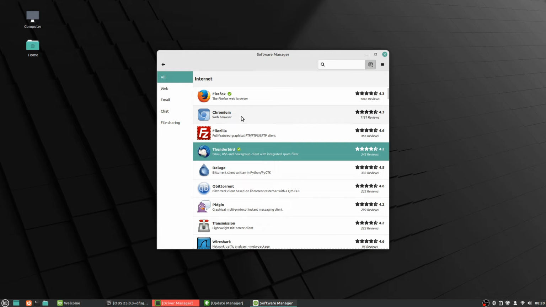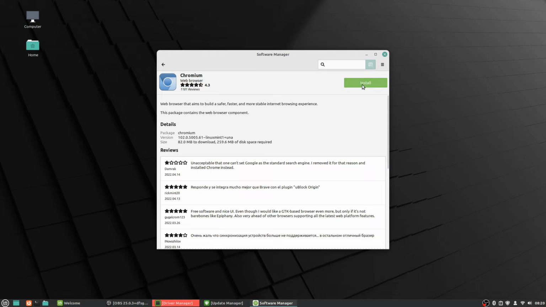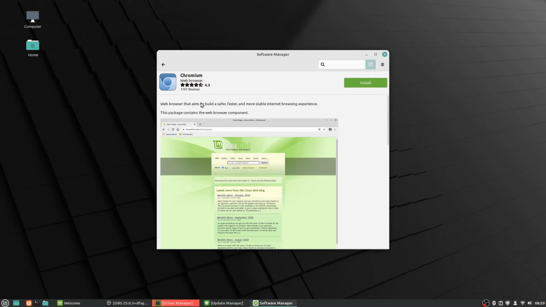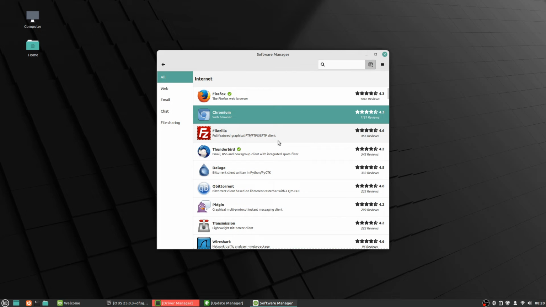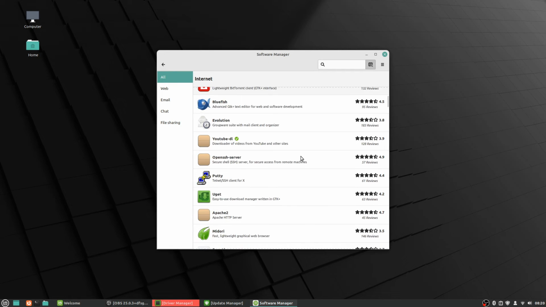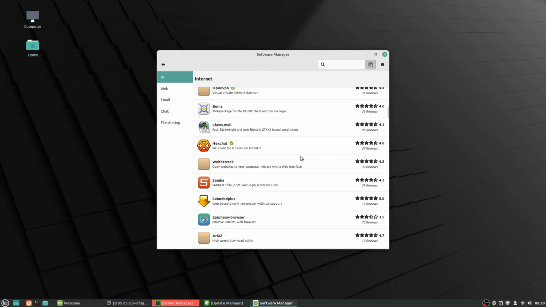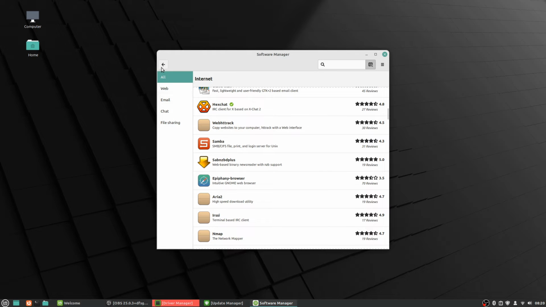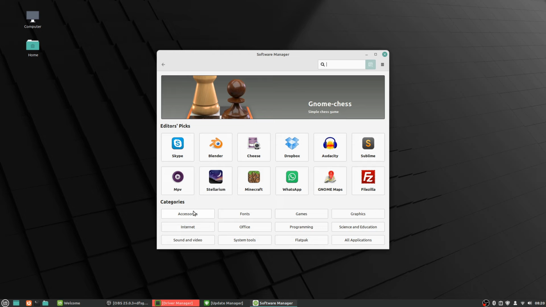If something is not installed by default, it'll actually say install when you click on it, and you can see as you click on it, like, okay, I want to install this one. And all you have to do is click install, and it will just grab it right from the Software Manager here. But this scrolls down, of course, and on it goes, and there's all kinds of things. If you have something specific that you're looking for, rather than using the categories here, you can actually type it in up at the top. So I'll just do this, for example. OBS